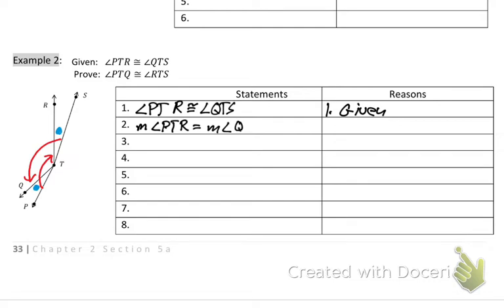Do you need a proof for that? We don't need a proof, we need a reason though. What lets us change something from a congruent symbol to an equal symbol? The definition of congruence. That will be the reason I can do that. Definition of congruence. Now I need to do that because the next thing I'm going to use says that you can take